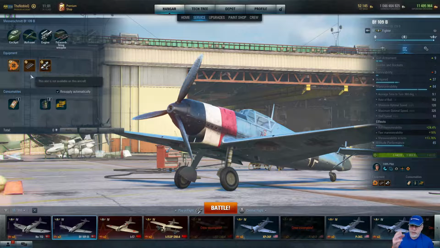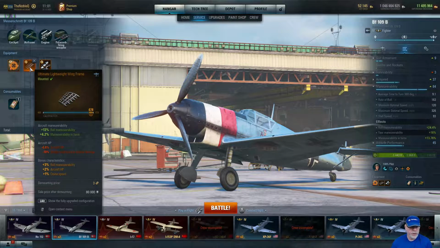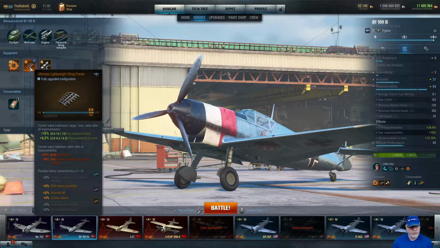And this is a turn build. As you can see from these 2 pieces of equipment, we've got the lightweight wing frame and the lightweight power unit. And here on the ultimate lightweight wing frame, we've gone for bonus characteristics which I haven't reassembled. We've got roll maneuverability there,